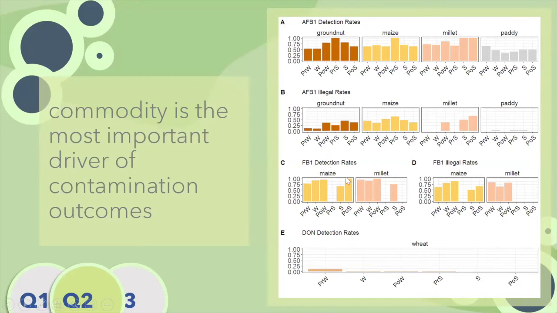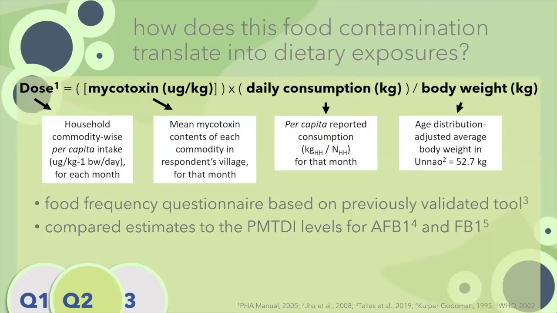But we weren't able to see the same relationship between commodity and fumonisin, because as you can see here in panels C and D, the detection rates and illegal rates for fumonisin in both commodities were consistently high. So we're able to really see, based on these intersections of commodity and time, where and when contamination events are at their greatest. But we really wanted to explore further how these observed levels of food contamination translate into dietary